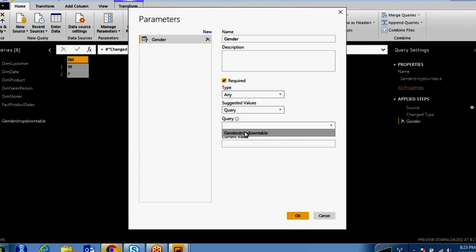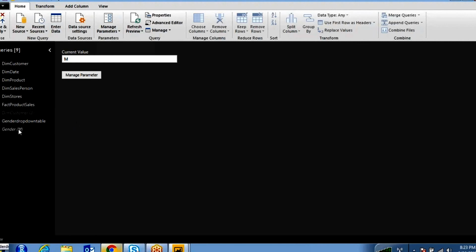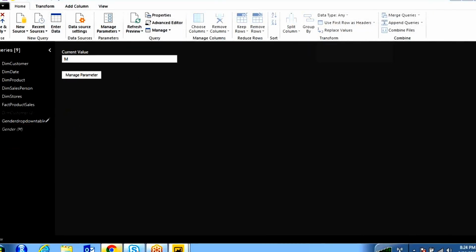What is that query? Whatever table list you have created, gender drop down table, you got it here. The current value I'm going to pass as M, default value, then click OK. So this is the parameter you have created. Whatever parameter you have created over here, that is coming over here.